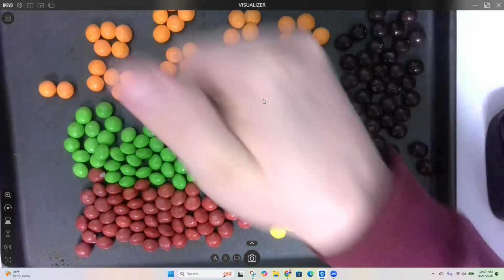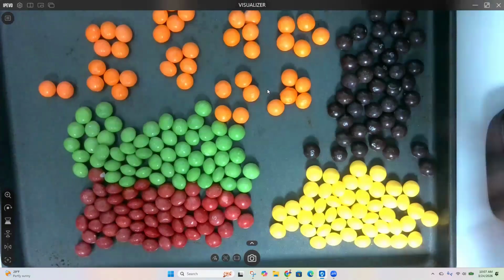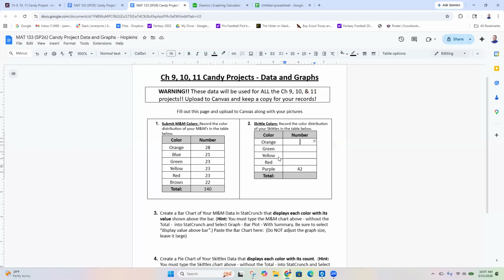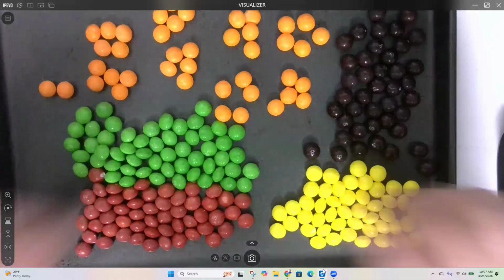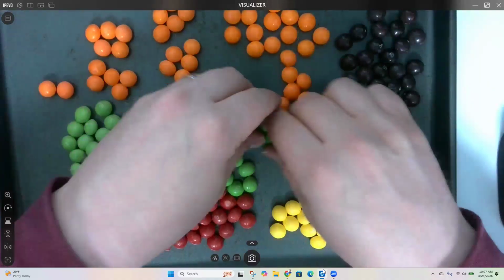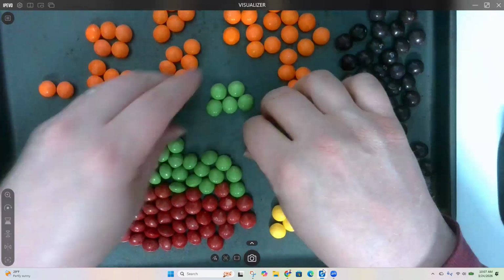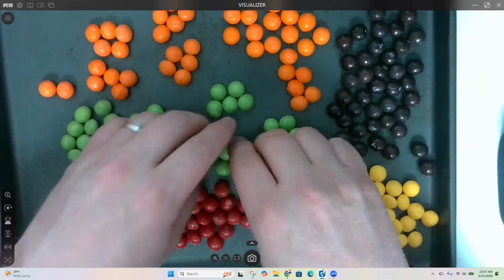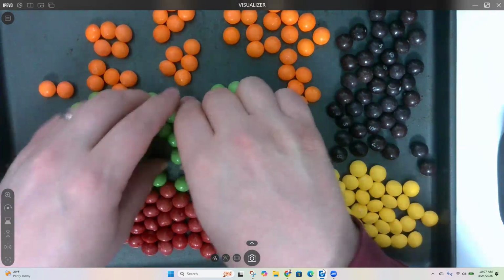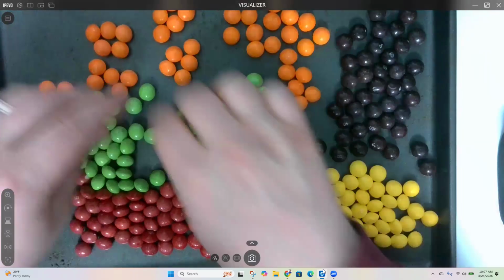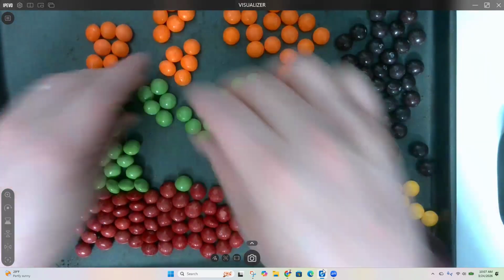5, 10, 15, 20, 25, 30, 35, 40, 42. Holy smokes. Getting very even bags. So, green. I mean, my confidence intervals are going to be spot on this time around. Usually they're off by a bit, but